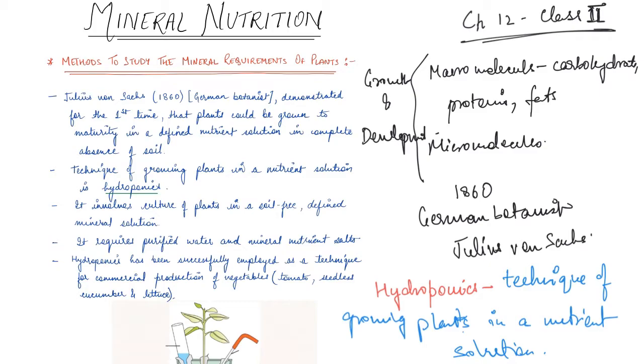So now hydroponics is a successfully employed technique for commercial production of vegetables as well. Like, we can produce lettuce, we can produce tomato, we can produce cucumber through this method, right? So, how do we exactly do it? Basically, if you see the diagram here,